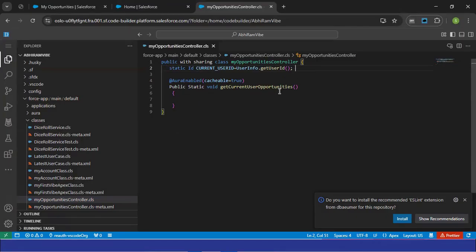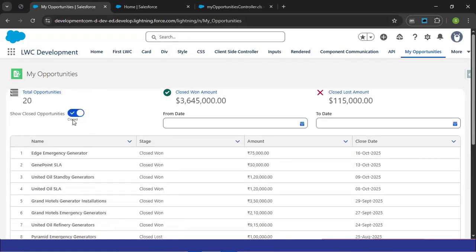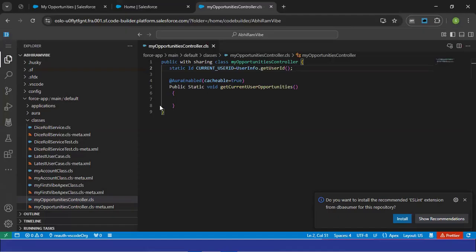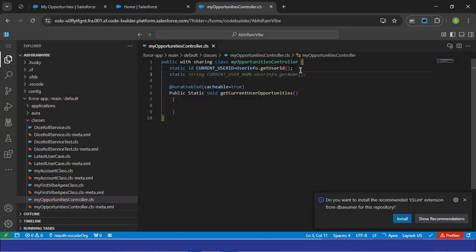Then we can build some dynamic query. Why? Because we have different types of filter conditions, right? When we click this closed opportunity option, it is displayed with all the closed opportunities as well. That's why we are going to build a dynamic query. So here I'm going to take a static String baseQuery equals to